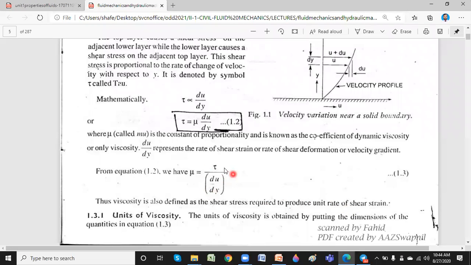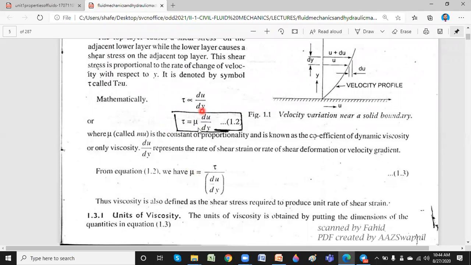Okay. Now, whenever stress is more, obviously you have to go for more and more viscous oil, or a fluid with more viscosity. Yes or no? So, see, tau is in direct proportion. Whenever shear stress or friction is very high, obviously you go for high viscosity oil. Okay. So, that's about your viscosity.